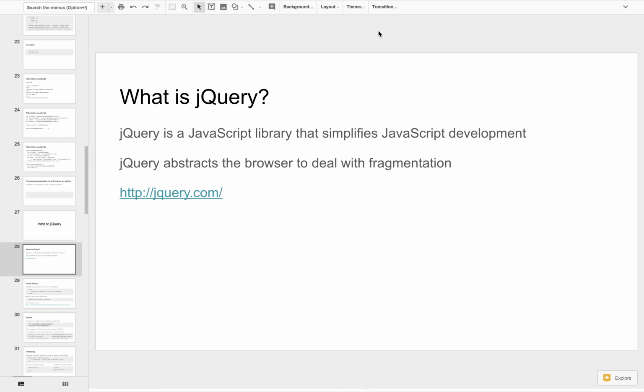In particular, one of the more challenging things throughout the history of JavaScript has been the fragmentation of the various versions of browsers, right?